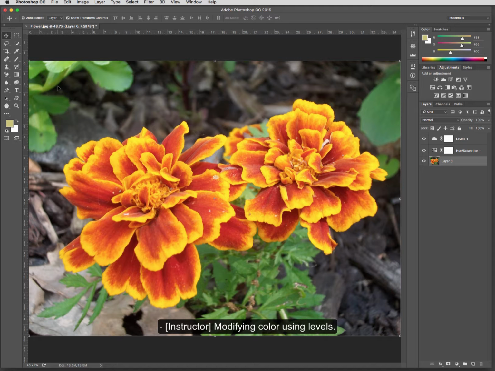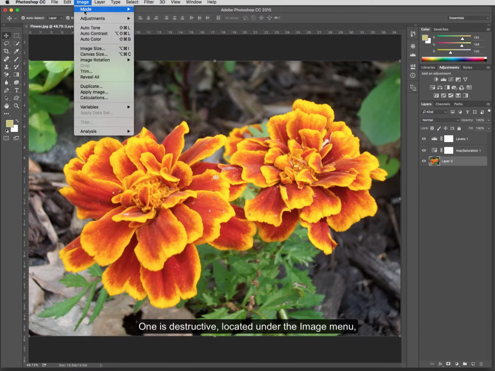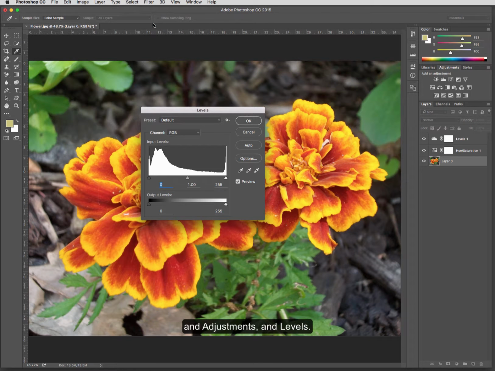Modifying color using levels. We can make color adjustments using levels. And again, there are two locations to find the levels panel. One is destructive, located under the image menu, and adjustments and levels. The second method is, of course, going over to my adjustments panel. This is the non-destructive method. So in levels, we're able to make modifications across a tonal range using the composite color channel, or we can